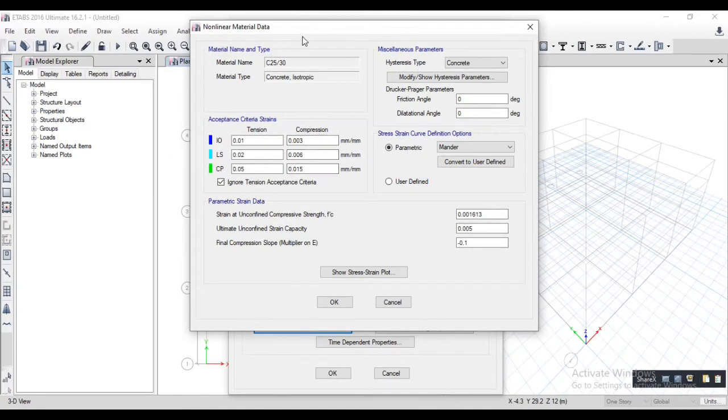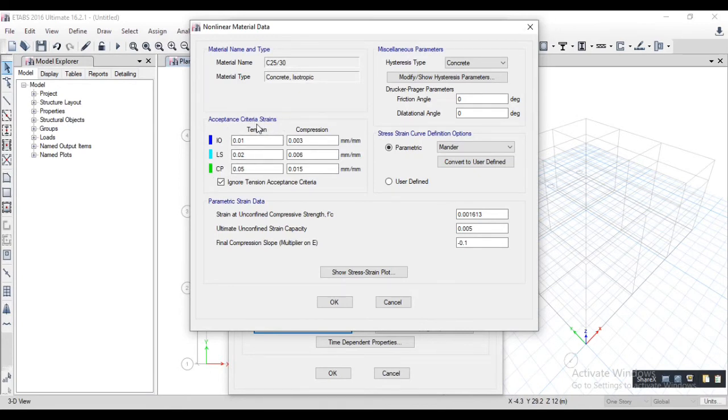This is the non-linear analysis material data window. In the non-linear analysis window, we model the hinges. There are three types of hinges according to different earthquake standards. One is IO, second is LS, and third is CP. IO means immediate occupancy, LS means life safety, and CP means collapse prevention.